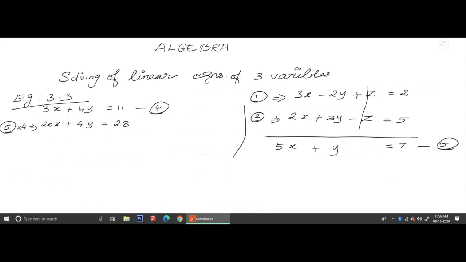And now, since both are the same, when you add, it won't get cancelled, it won't be eliminated. So we are going to subtract the second equation from the first one. So we'll just change the sign, and please leave your fingers here. With one finger you hide that circle, that is that plus. What do you have? Plus 4y, and the other one is minus 4y. So this gets cancelled.